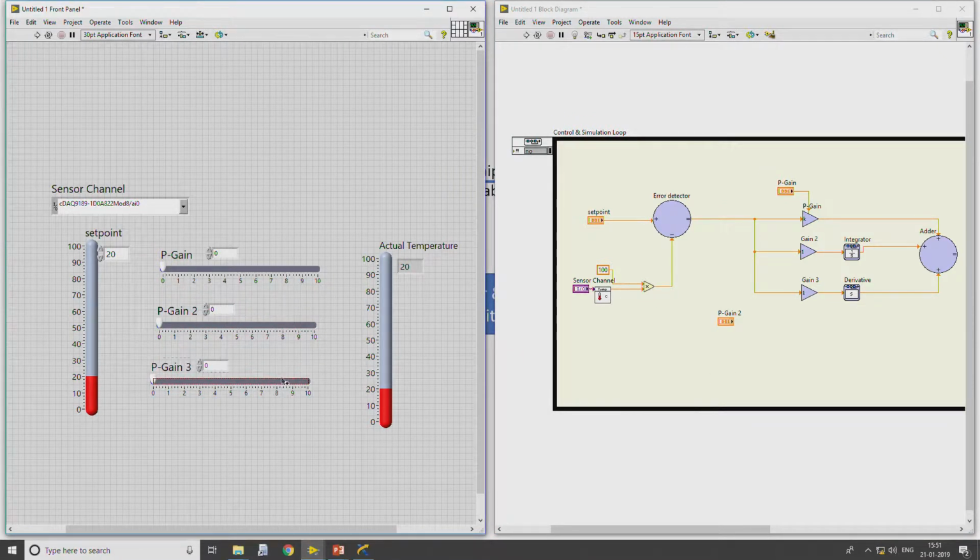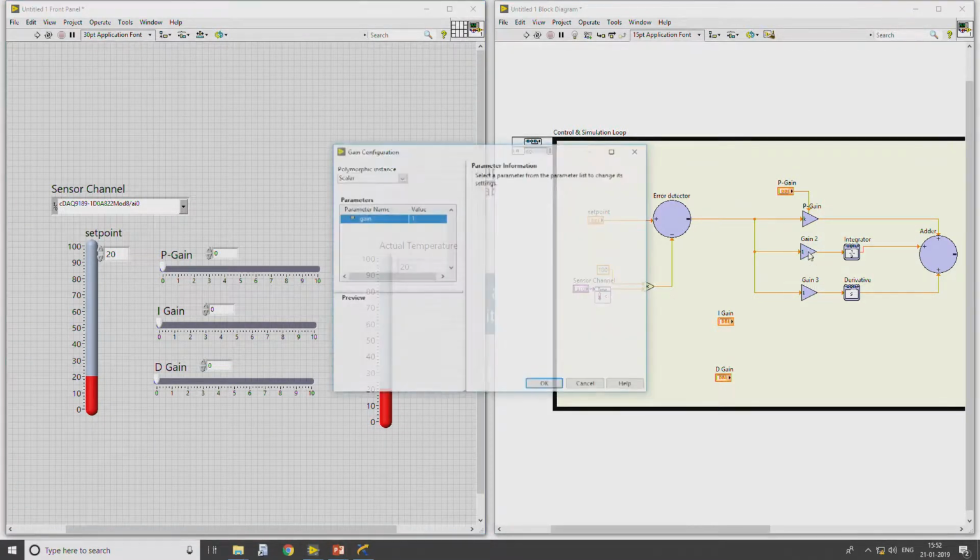If you make the P gain greater than 0 and the I gain and D gain 0, that means the controller we are realizing is a P controller. But if you make the P gain high and the I gain some value but the D gain 0, that means that particular controller is a PI controller.